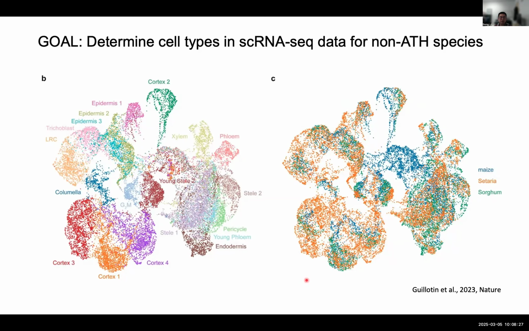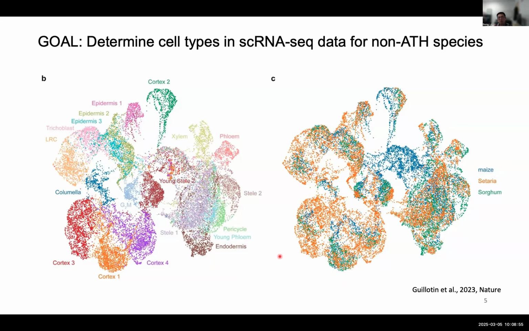and can be used to assign cell type is because the same group published a different paper a few years back using maize as their model system to generate single cell data, where they used a number of different techniques to label the cell types in the maize single cell map. And then once you have that one species single cell map generated, and you have a very closely related species, you do integration, you can basically do annotation transfer based on the overlapping clusters between species.